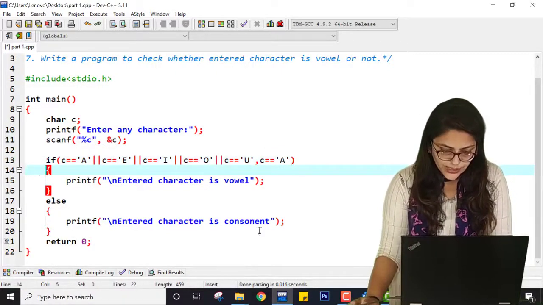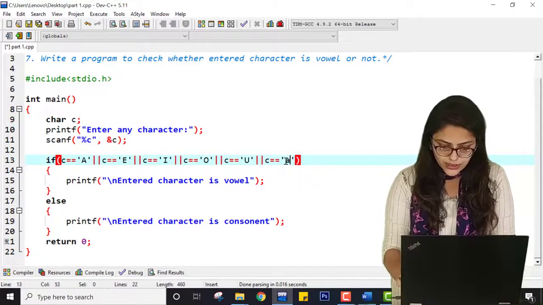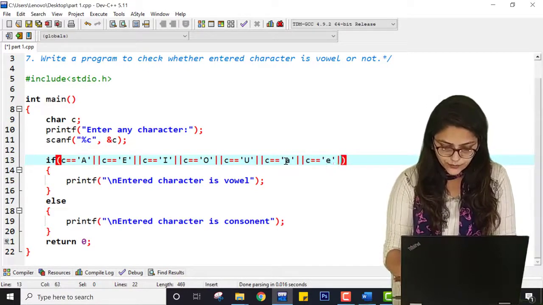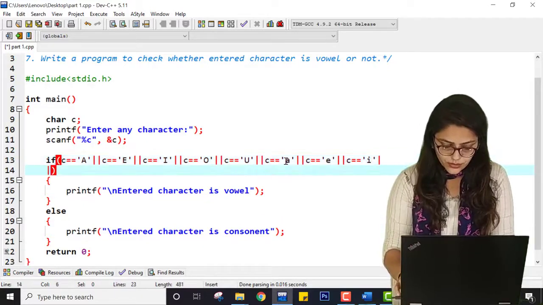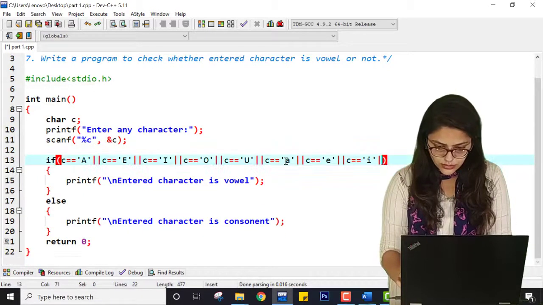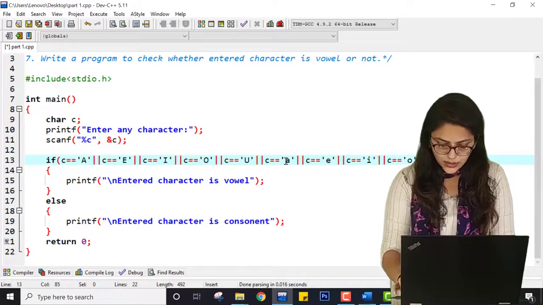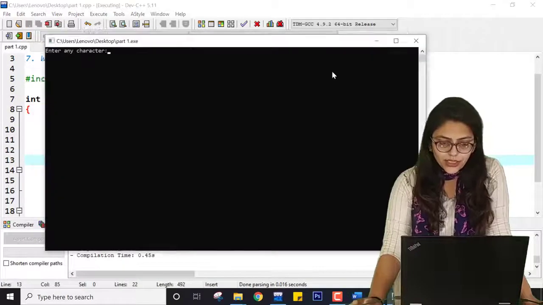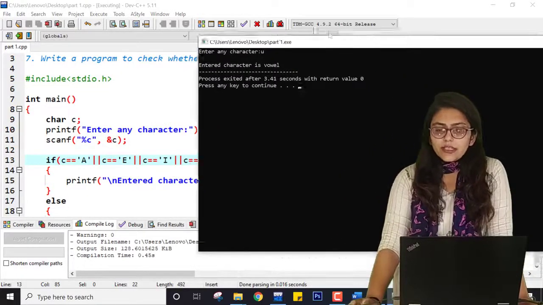For that purpose I am modifying the logic a bit. Here it will be small a, small e, small i, small o, and last but not the least small u. If I save this program now, compile it and run it, and hit enter using small u, the entered character is vowel.